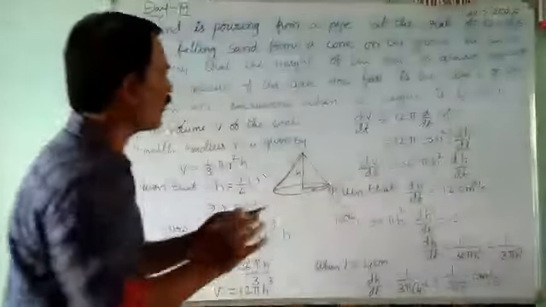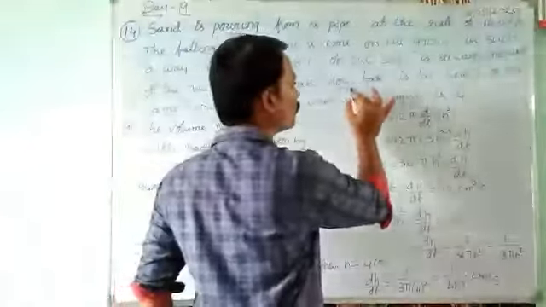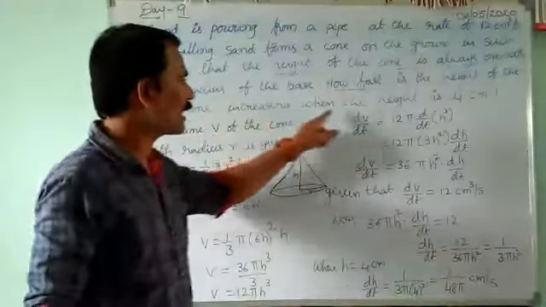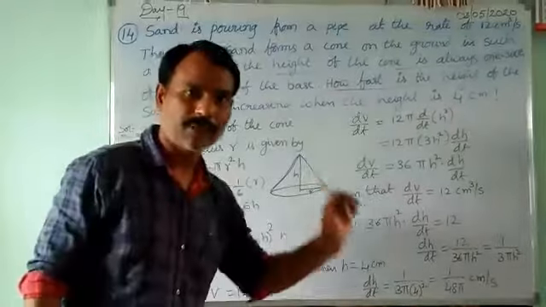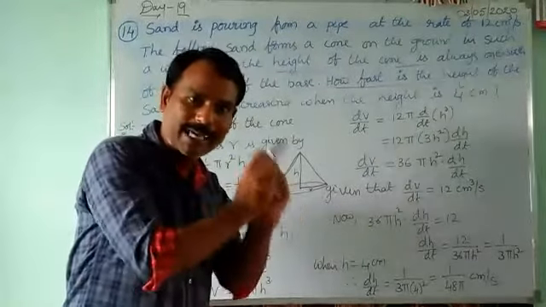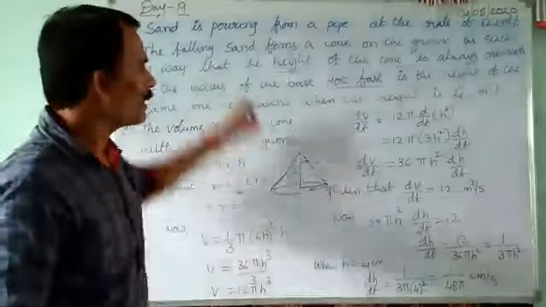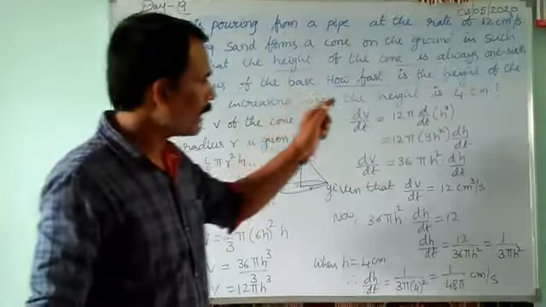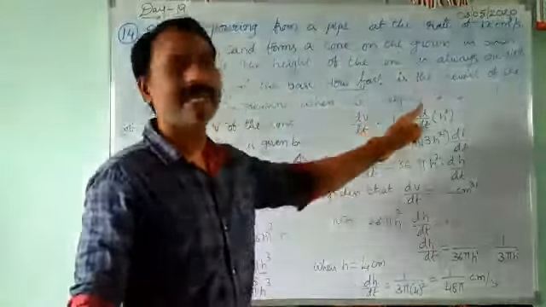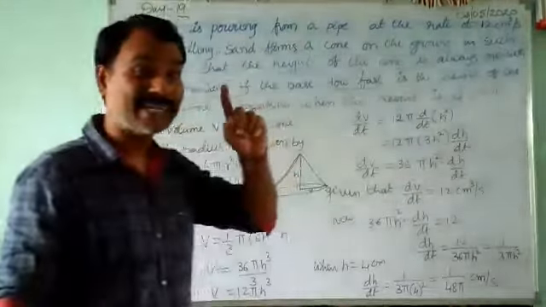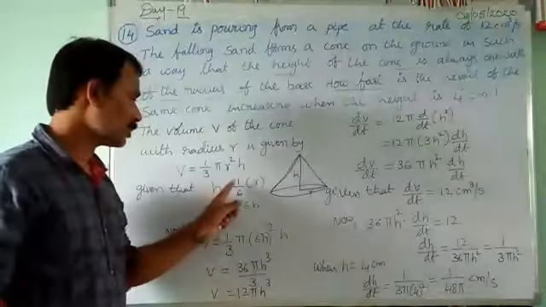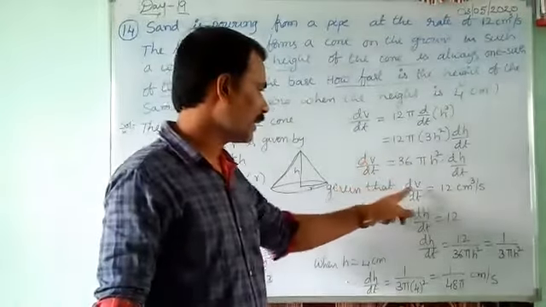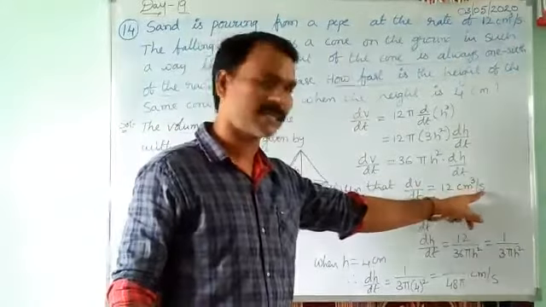What we have to find in the end: observe here, guys, how fast is the height of the same cone increasing when the height is 4 centimeter? That means in this problem we are going to calculate dh by dt. In the complete problem he gave us values: dV by dt is given, dh by dt we have to find, and h is 4 centimeter, and one condition: h is equal to 1/6 part of the radius. Now I calculate dV by dt. The real dV by dt is equal to 12 centimeter cube per second.